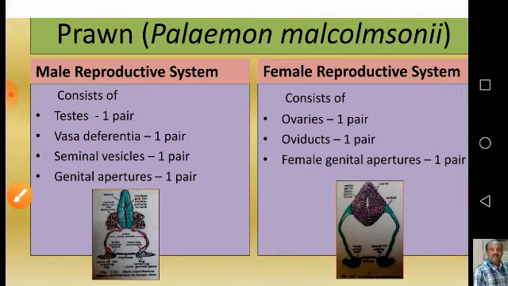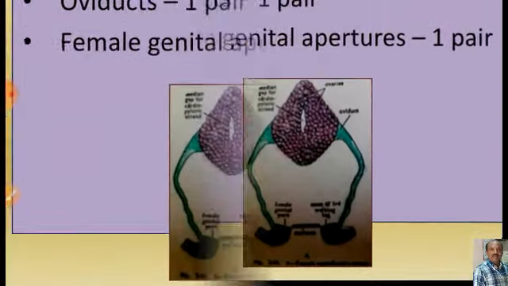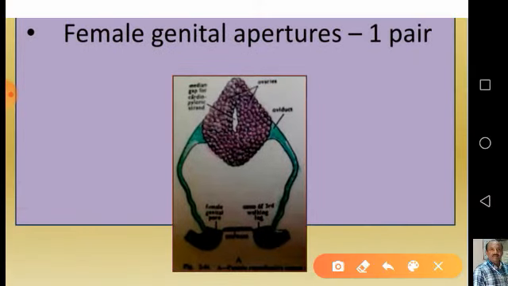Now you can have a look at this figure. These are the ovaries, two ovaries. You can differentiate them with a small gap between them. That means the two ovaries are attached closely at the posterior as well as anterior ends, leaving a small gap for the passage of the cardiopyloric strand. We already discussed this in the case of the male. In the same way, in females also, the ovaries leave a gap in between for the passage of the cardiopyloric strand that holds the heart in position in its